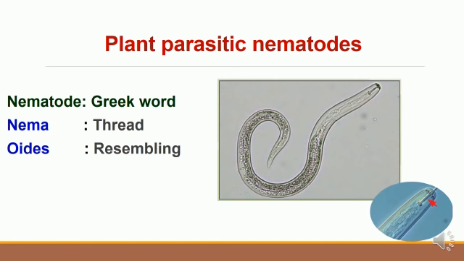Nematodes use this stylet to puncture the plant cells and withdraw nutrients from the plant cells. If you take a small handful of soil, it may contain several thousand nematodes. Most of the plant feeding nematodes live in the soil and feed on the plant roots. Nematodes usually prefer a temperature range of 15 to 30 degrees Celsius for survival, multiplication and infection.